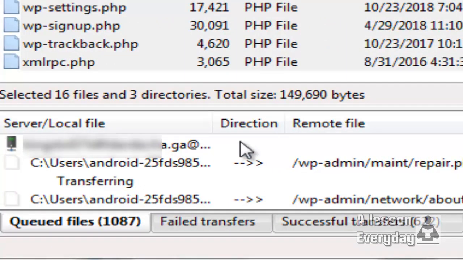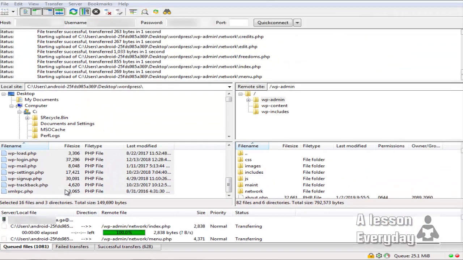Okay, in this case you will need Filezilla, and with Filezilla you will need an FTP client, not a server. Don't mix up the server and the client. So what you need to do is to install Filezilla, and then